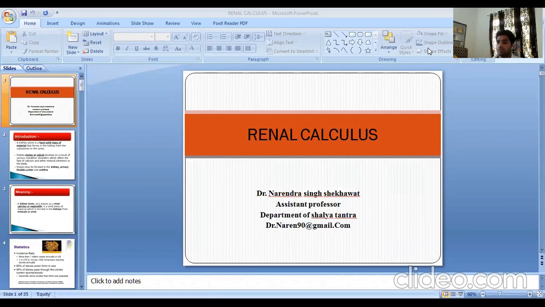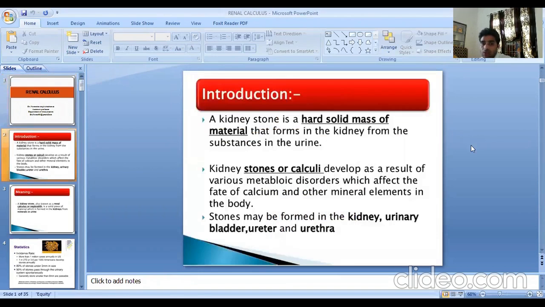In previous classes, we discussed some disorders of the kidney. In consequence, today we will discuss renal calculus, stones of the kidney. Okay, students. Introduction. A kidney stone is a hard, solid mass of material that forms in the kidney from the substance in the urine. Kidney stones or calculi develop as a result of various